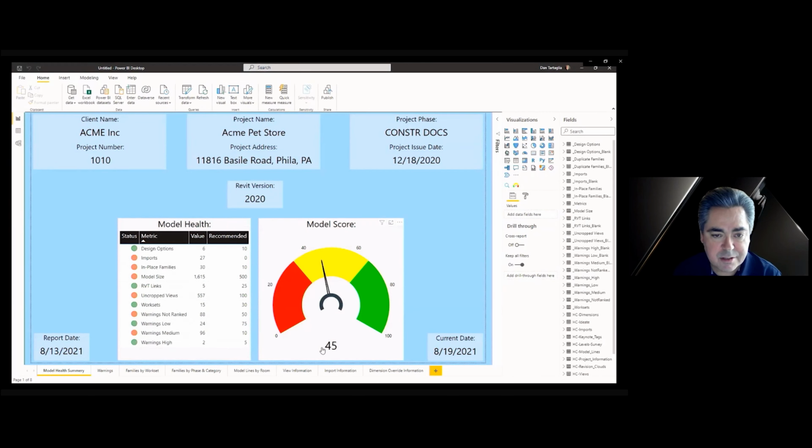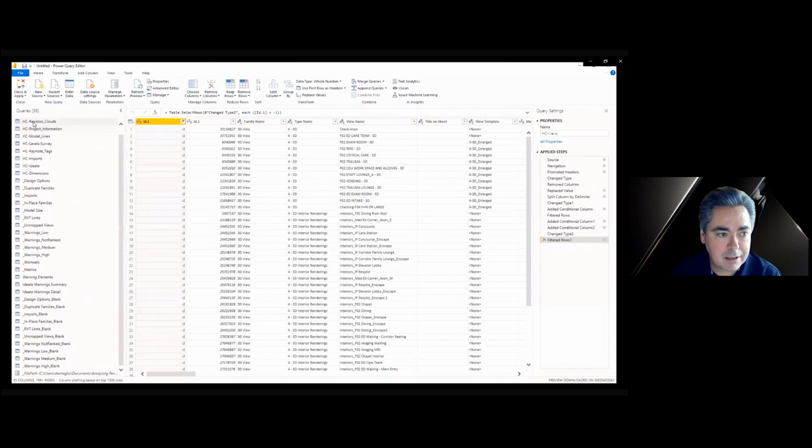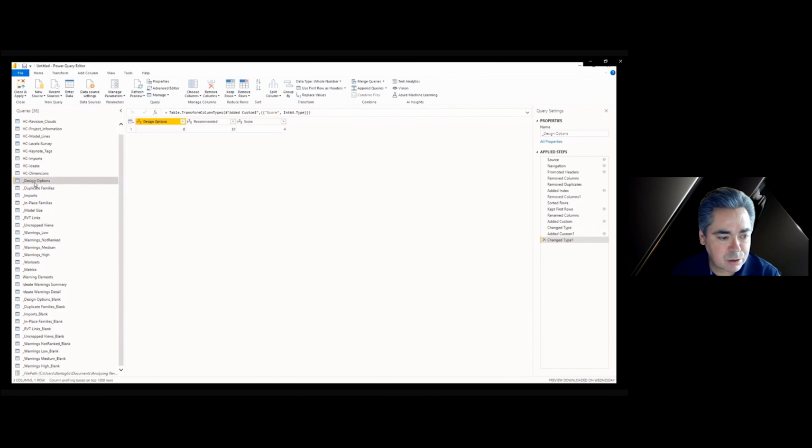So what we're going to do is go into the Home tab and then the Transform Data button here in Power BI. That's going to show us all the data that's actually available in Power BI. And there's 12 tables in here. We need to make sure to have 1 row each, starting with underscore design options all the way down to underscore work steps. So if I look at underscore design options, you notice there's three columns with 1 row. The first column is the design options that are in the model. The second column is what's recommended by your company, and the fourth is the score value for that gauge. But you see that first design options has a value, which is good.